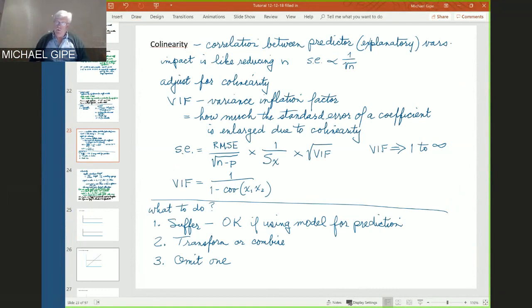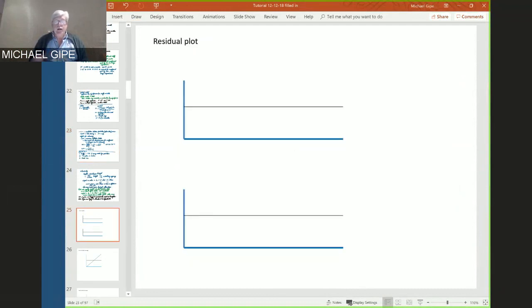Okay, collinearity, you'll probably get one question on the exam for that. And now let's look at some of the analytical tools that JMP will give you before we start applying some of this stuff. Let's look at the residual plot, probably one of the most important plots that you'll want to